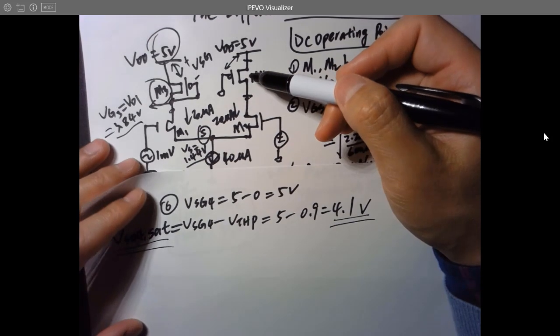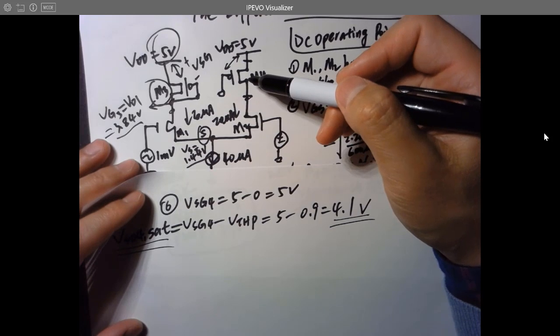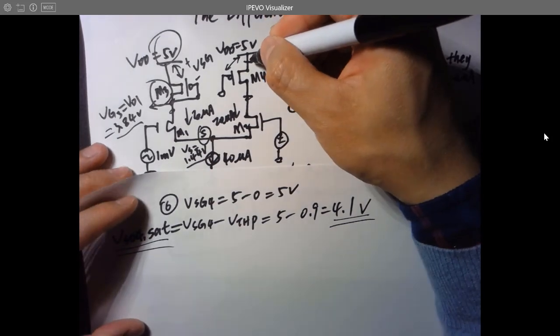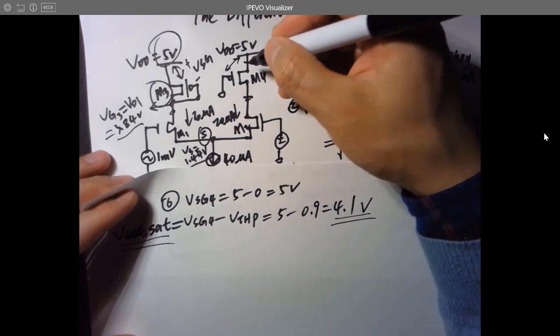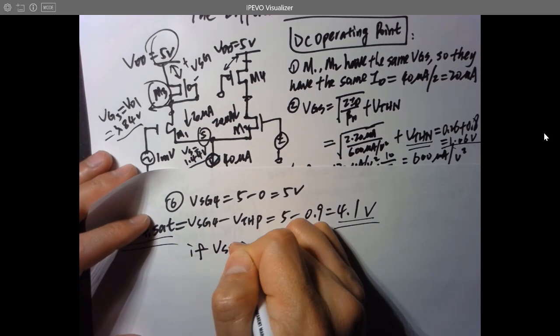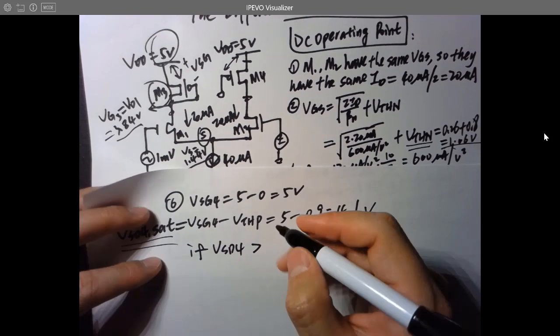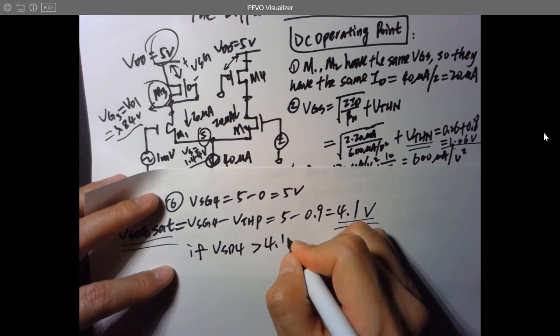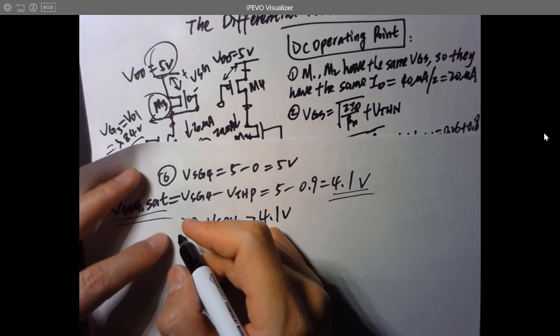The problem is it's pretty hard because you can imagine that if VSD4 is larger than 4.1 volts, which means